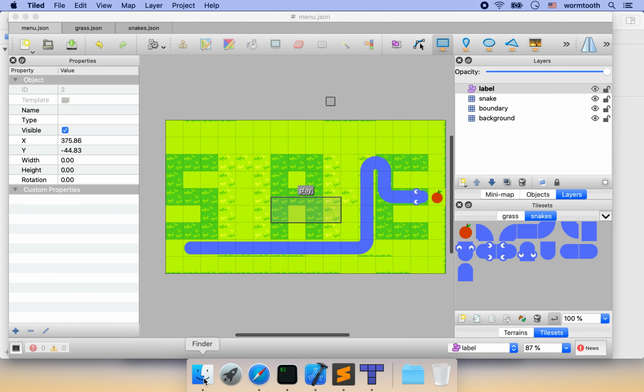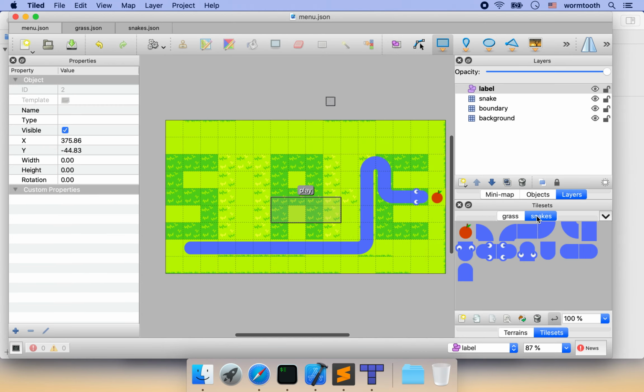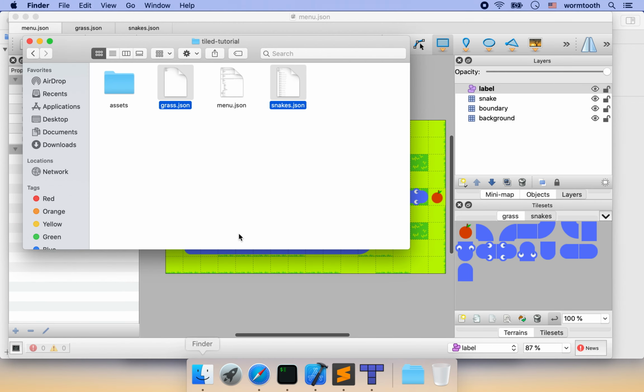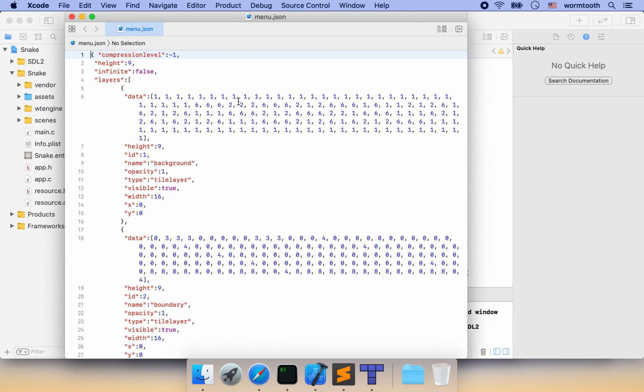If you go to the Tiled tutorial and look at the end result, you can see 3 JSON files. This glass JSON and this snake JSON are 2 JSON files that define the tile sets that we use. The only thing that we care about is actually the menu.json. If you open it up, let me open it, you will see that there is a lot of data here that represents the